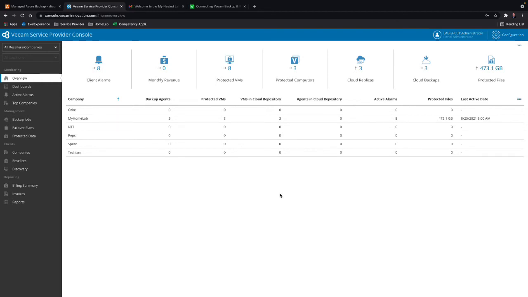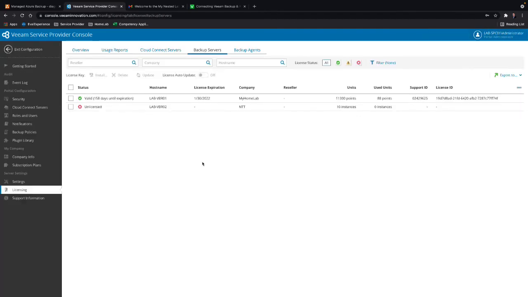In this example, I'm going to use the service provider console to install the license. I'm currently logged in as the portal administrator, and I will click on Configuration up here in the top right-hand corner, and click on Licensing, and I'm going to come over to the Backup Server